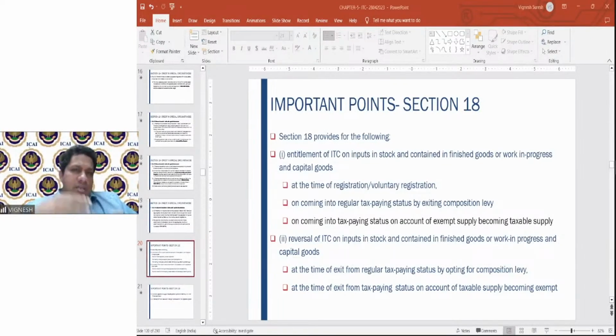Facilitation center means, if you are not able to directly file, the government has set up multiple facilitation centers, physical support centers for GST, like GST Suvidha centers and all. So there you can go and